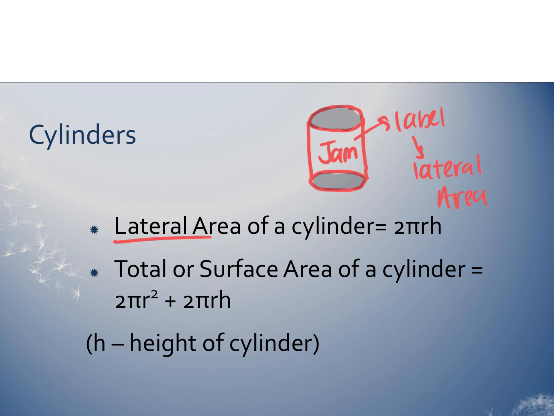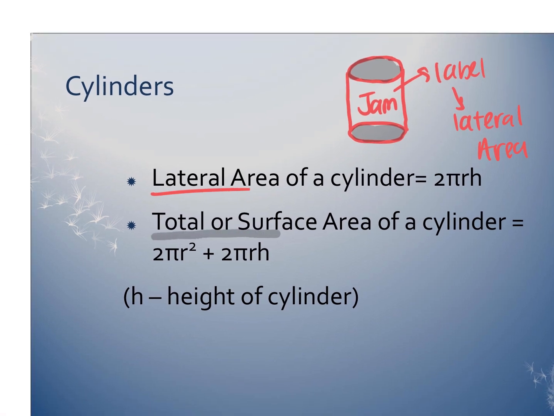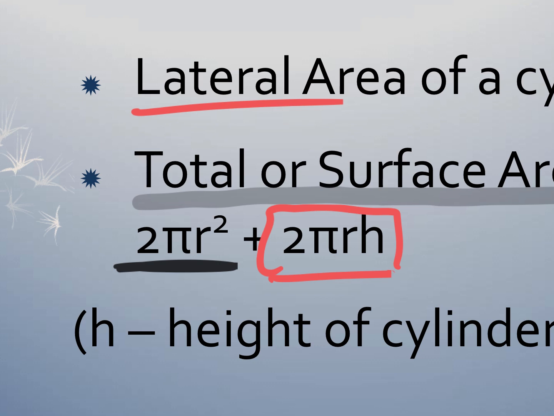Now, the total surface area takes the lateral area, which was 2 pi times the radius times the height, but it adds a piece to it. And that piece is 2 pi r squared. What does 2 pi r squared look similar to? That looks similar to the area of what? Of a circle. So check this out. It's the area of a circle,